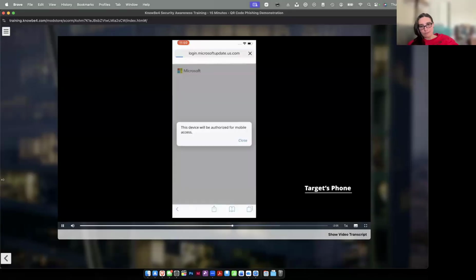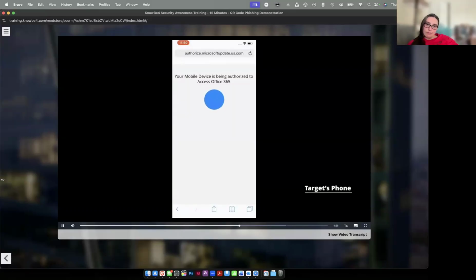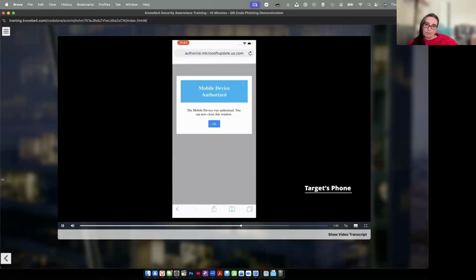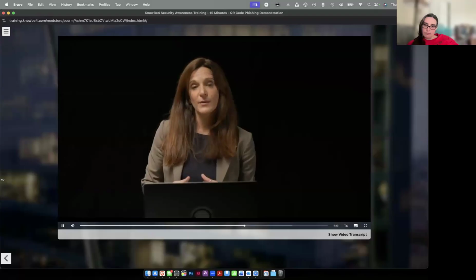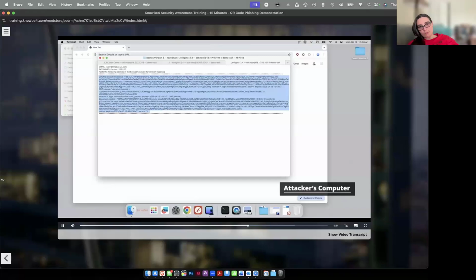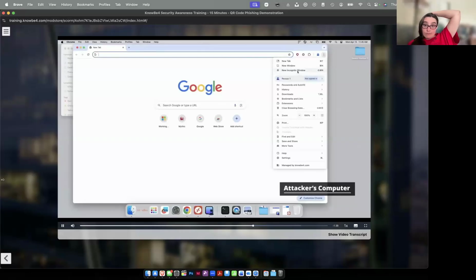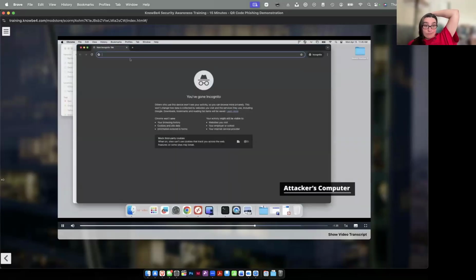It now says, this device will be authorized for mobile access. I'm going to click on the Close button. Now it says if I'd like to stay signed in, I'm going to click on the Yes button. Now I get a message that says that my mobile device is authorized and that I can now close this window. We set up all of that as a fake site to capture something called the session cookie. So the session cookie is right here. And if I take a copy of that and I then paste that across into the Microsoft Office 365,